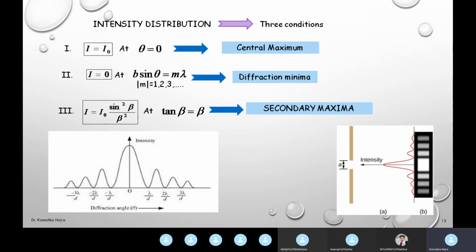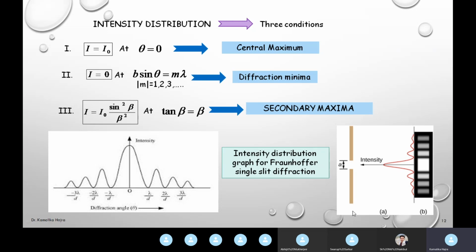So in the laboratory, this is what we see. We have used the slit with width b, here they have written a. So this is the slit and this is the intensity pattern. We get a bright central maximum, with brightness the same as the incident light, and then dark bands where I is 0, and in between these bright patches but with severely decreasing intensity as we go to either side. So this is the intensity distribution graph for Fraunhofer single slit diffraction.